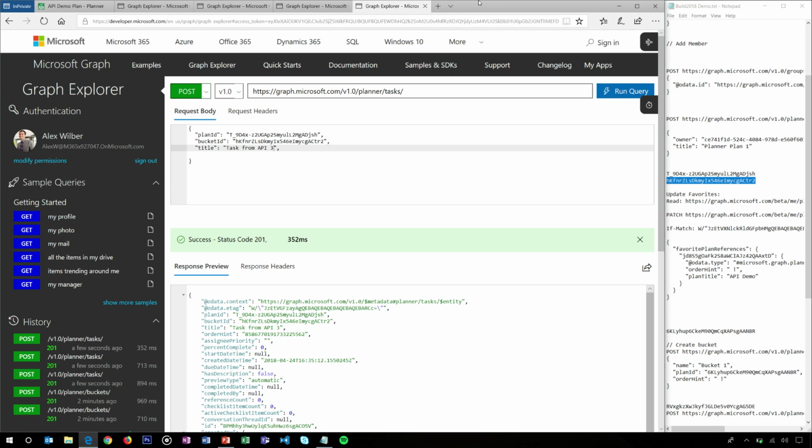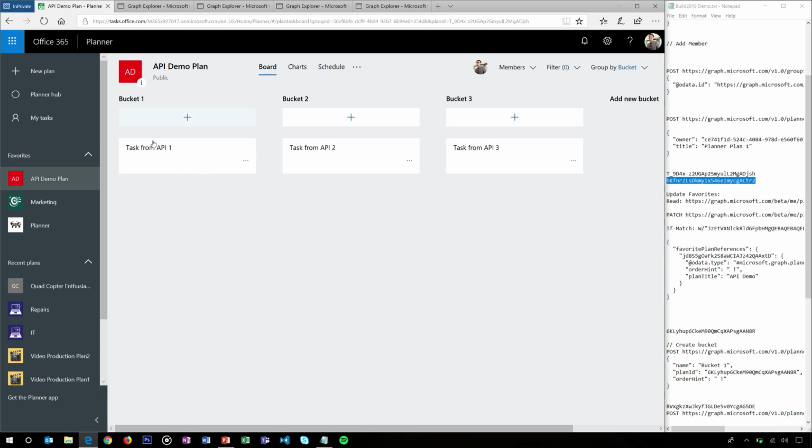Okay, that was just a really quick overview of what you can do with the API. One of the common things that we see a lot is that if you want to go and set up a plan to match your structure, a lot of folks have been using the API to go and specify a set of tasks and a set of buckets to use to go and create new plans with. Other common scenarios people also use is to try to go and create tasks from other systems within Planner, and then you can easily go and collaborate them within the Planner experiences as well as our experiences within Teams and